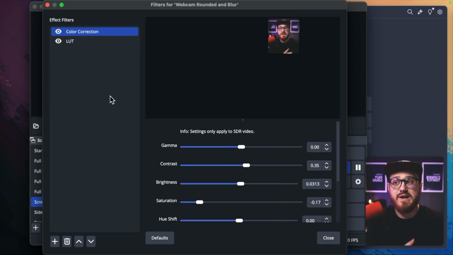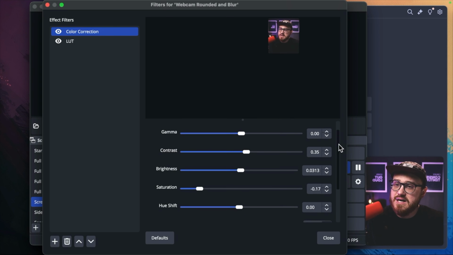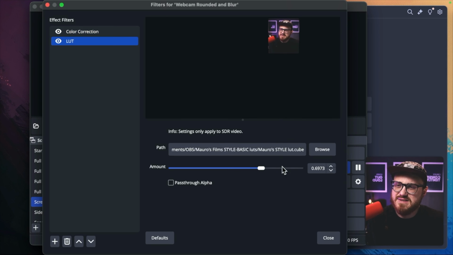All of them have a color correction and a LUT already added. This is so I don't have to do as minimal, actually I never do any color correction for my videos after recording them. It's just all added on while I'm recording. So color correction and a LUT, just some settings, and then the LUT basically is just added at 16.69%. And that is a LUT for my specific camera, which is a Lumix G7 that I have running into